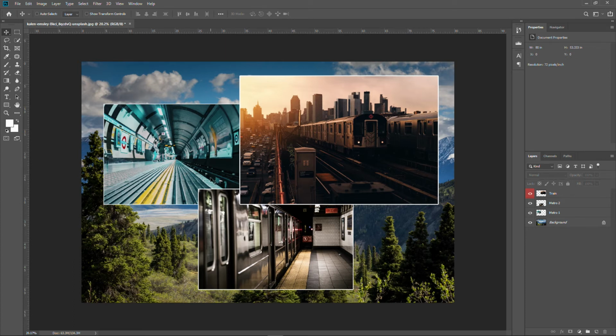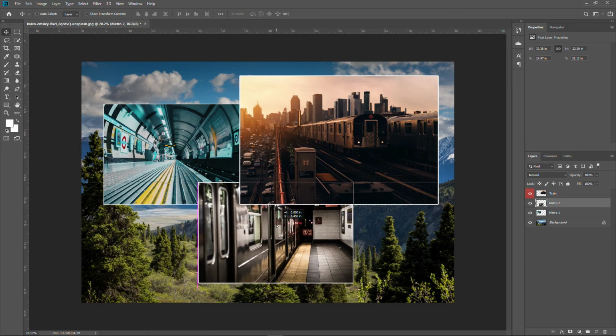It will sometimes mess up your work or select other layers that you don't actually want it to select for you. So I recommend turning this off the whole time if you want. And simply, if I just want to go to one of these layers, I just right click and click on the layer that I want. As you guys can see, it shows Metro 2, which is the layer that I want to move,